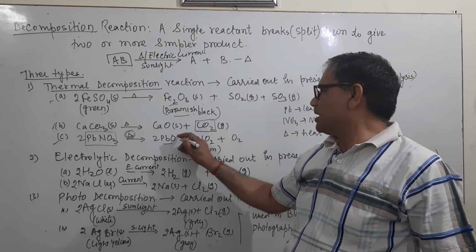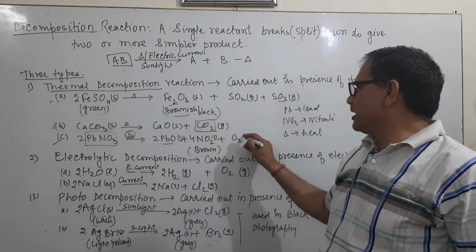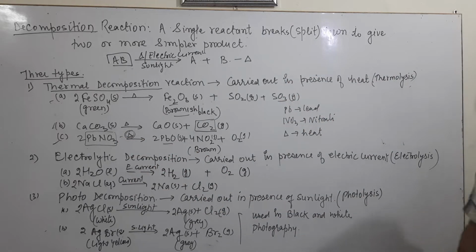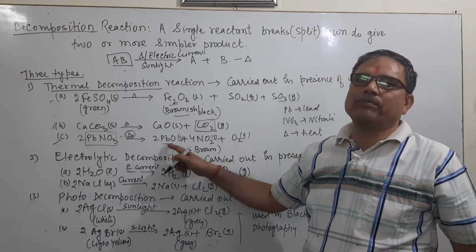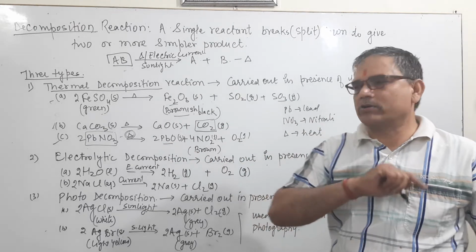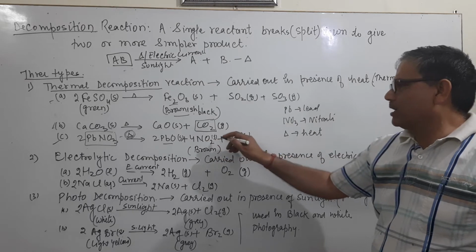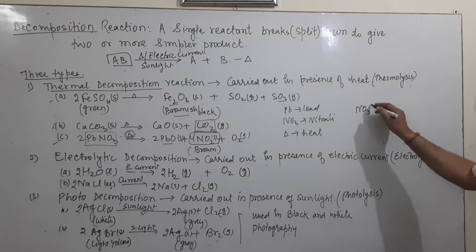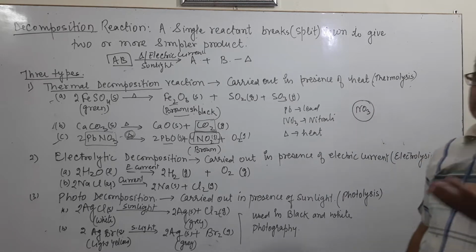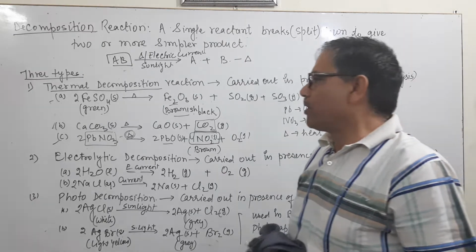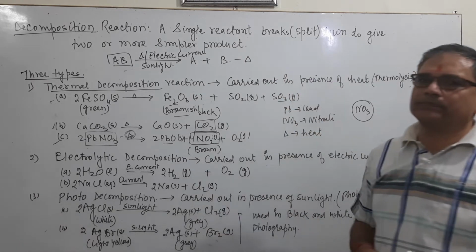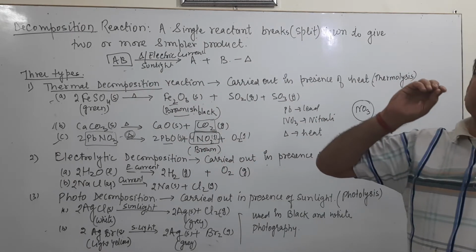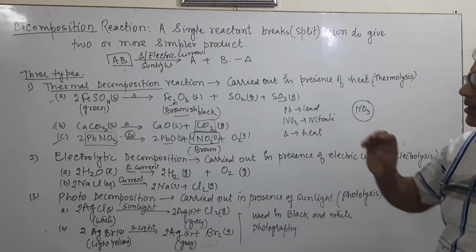This is the solid substance, and these are gases. It gives a solid insoluble substance, which is PbO, lead oxide, and nitrogen dioxide and oxygen, and the brown fumes of nitrogen dioxide. It produces the brown fumes of nitrogen dioxide. This is the first type, thermal decomposition, which takes place in the presence of heat, and the second type